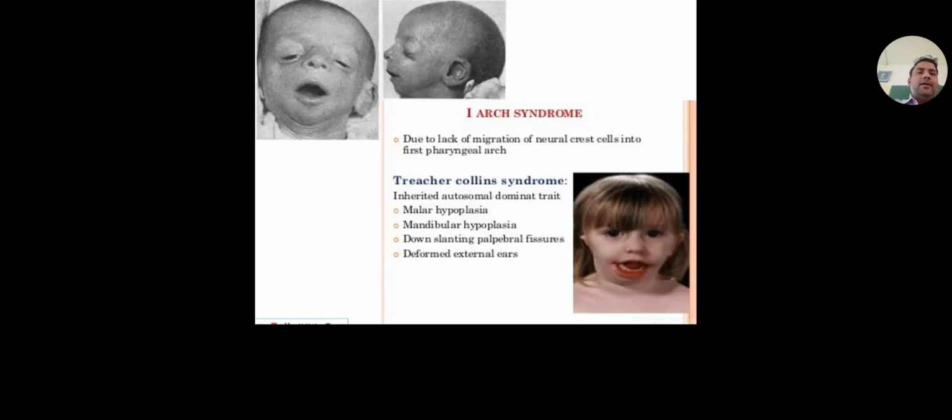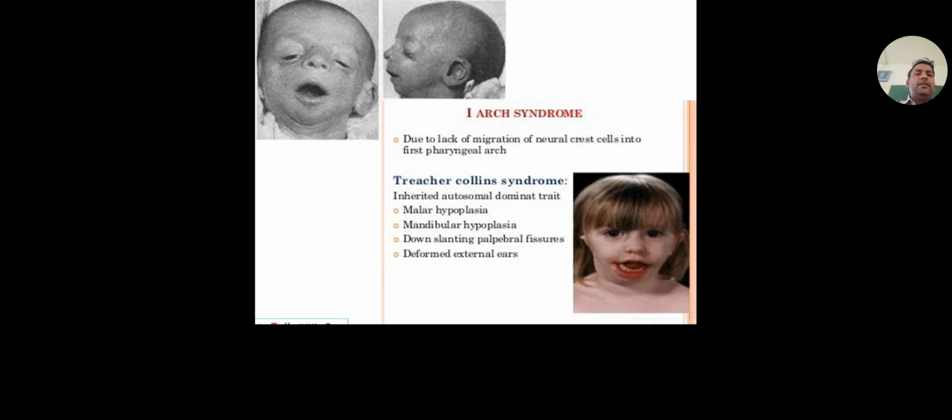Hello everyone. Today we will discuss the development of the pharyngeal apparatus, also called the branchial apparatus. So why is the development of the pharyngeal apparatus important? Because many babies are born with congenital anomalies like Treacher-Collins syndrome, which is also known as the first arch